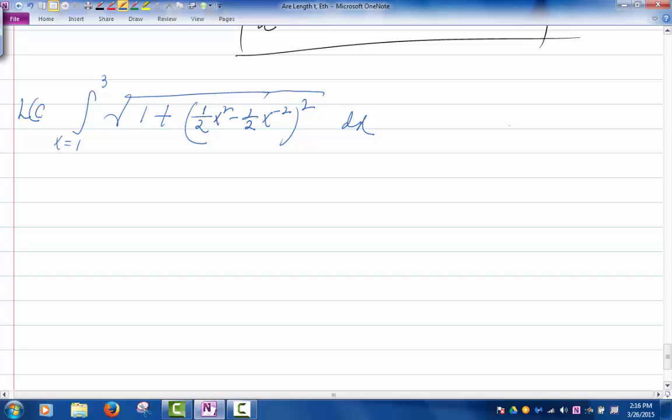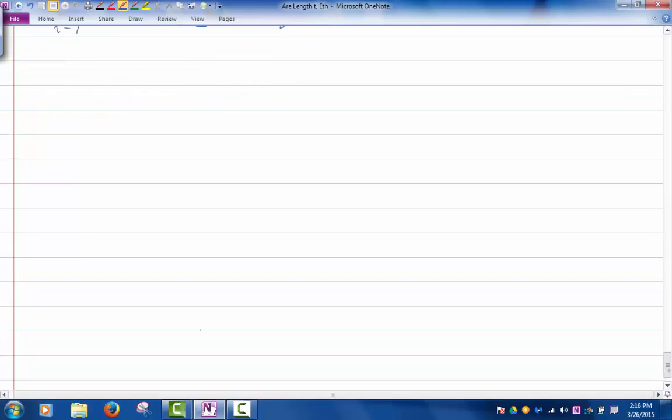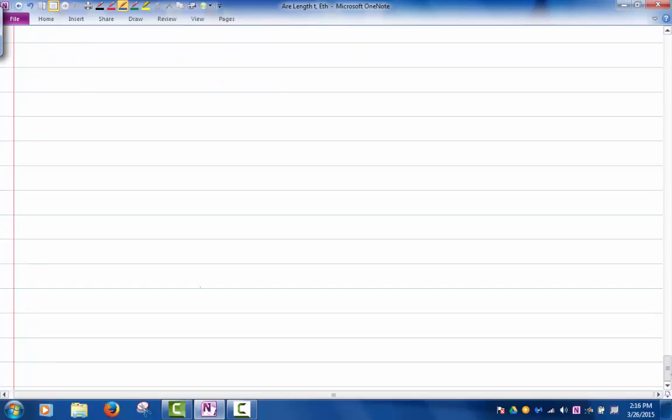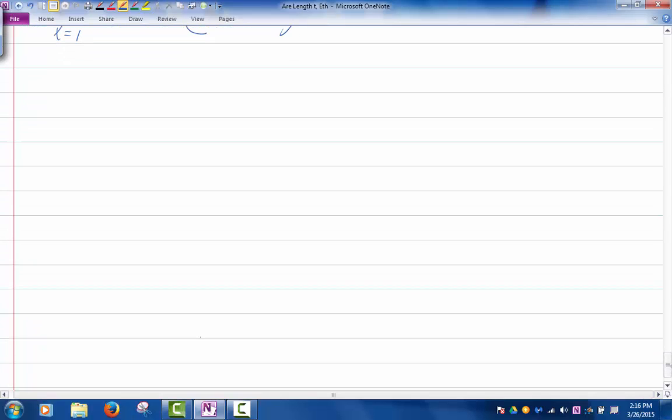That would be the length of the graph of the function f from 1 to 3, right? That integral is going to give you the length. Now, again, you have to compute that integral. I'm not going to show you how to compute that integral yet today, but I want to give you one more thing here, which is, suppose that now I have a curve which looks like the following,